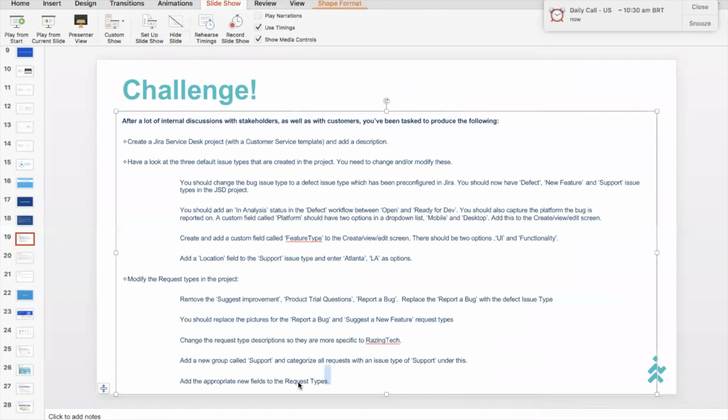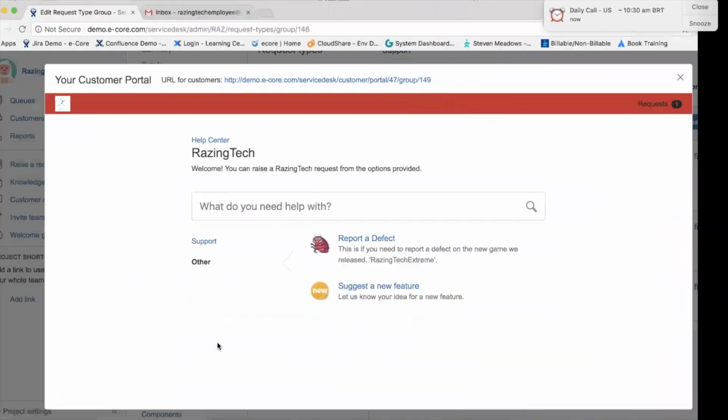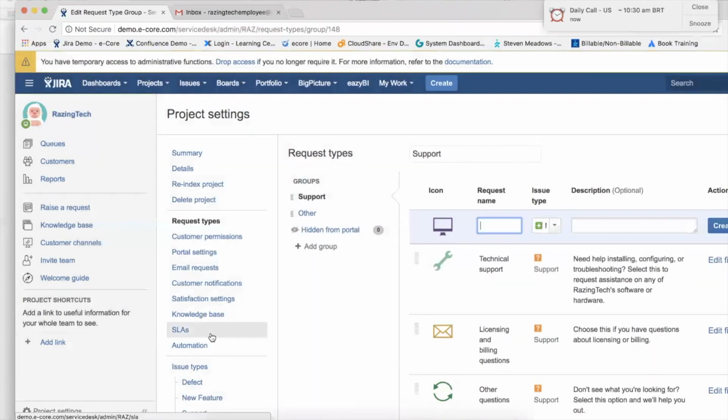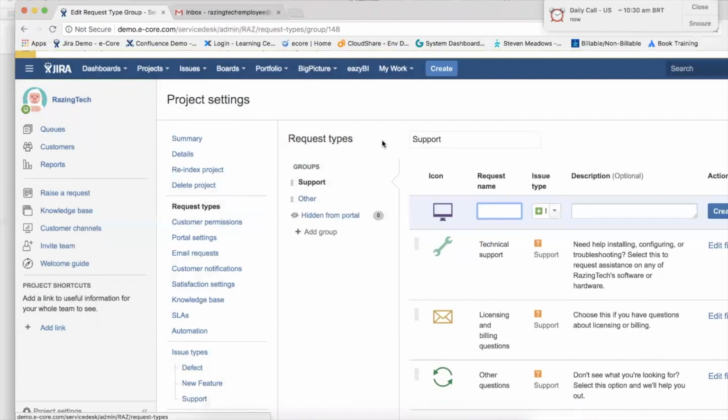Now what we're going to do is show you how you can add the fields to the relevant request types. As you know, earlier we added platform, feature type, and locations. Now we're going to add those fields to the relevant request types. So let's go back and X out of this. All right, we're already under project settings. So let's go to request types. We're already here. And we're now going to go